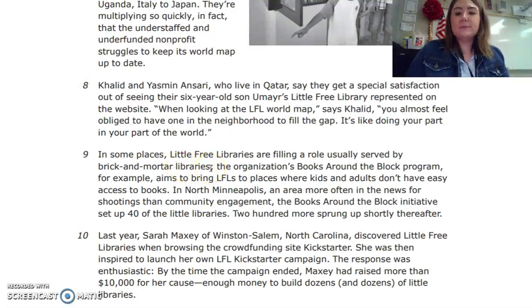The organization's Books Around the Block program, for example, aims to bring LFLs to places where kids and adults don't have easy access to books, in North Minneapolis, an area more often in the news for shootings than community engagement. The Books Around the Block initiative set up 40 of the little libraries. 200 more sprung up shortly thereafter. So I know from my knowledge that Minneapolis is in Minnesota. So we're talking about